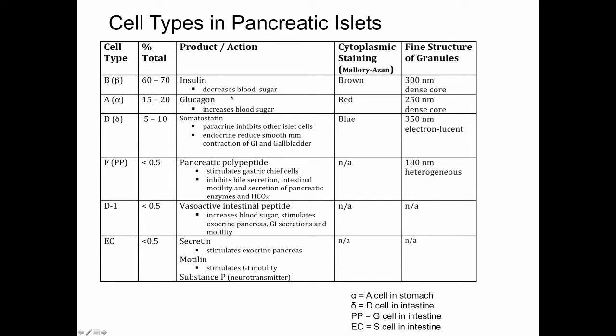I would like you to know that the beta cells secrete insulin, the alpha cells secrete glucagon, delta cells secrete somatostatin, F cells secrete pancreatic polypeptide, EC cells secrete secretin, motilin, substance P. It is very important that you understand what these various hormones do. Not so much for our course, but you're going to need to understand them for physiology,